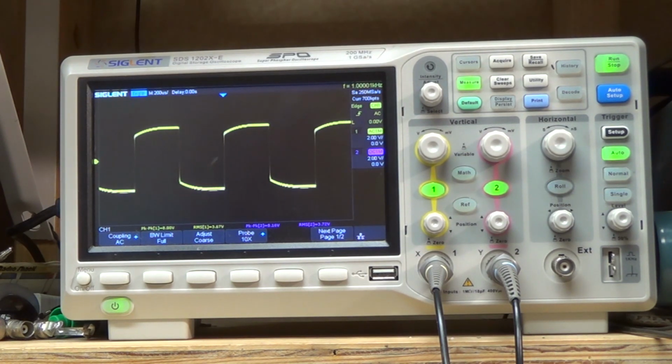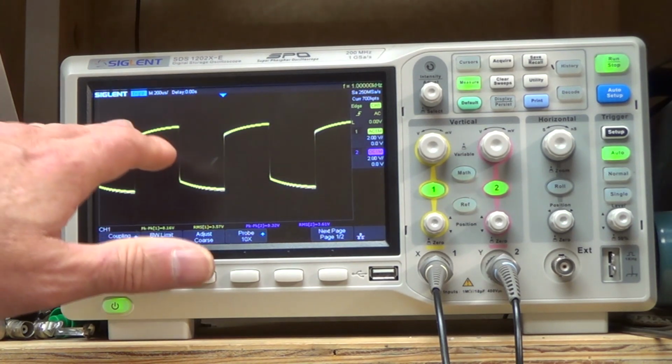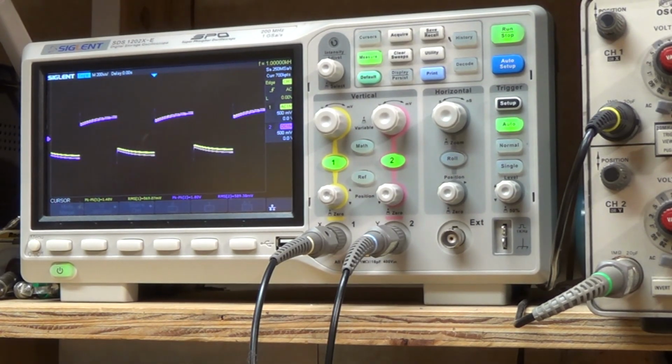And here's what it looks like when I turn down the bass or turn up the bass, right? So we can tell quite a lot from this, right? So the next thing we want to do is just do a